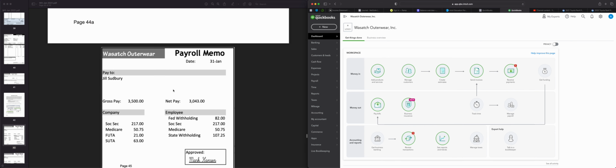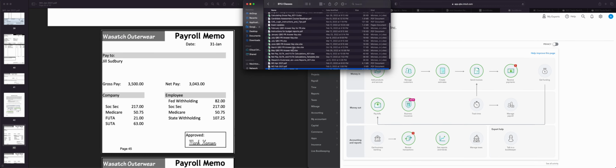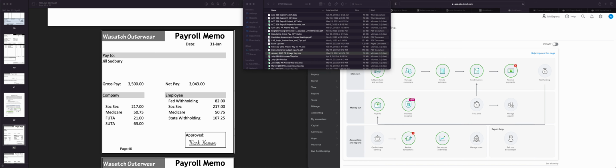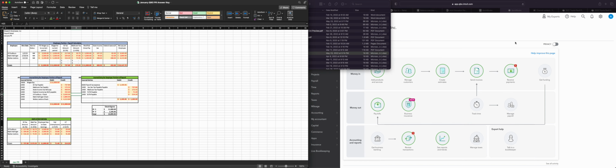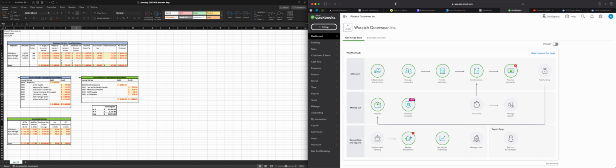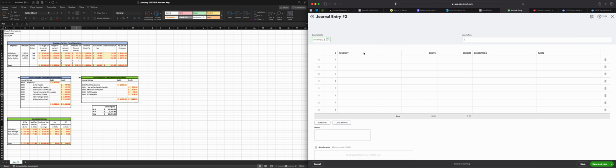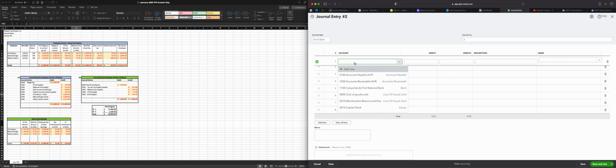It's going to use that. So I'm actually going to pull up the January QuickBooks payroll answer key and use this for my journal entry. We have our January 31st, so we have our wages, 6,600, payroll expenses, we have 11,900,